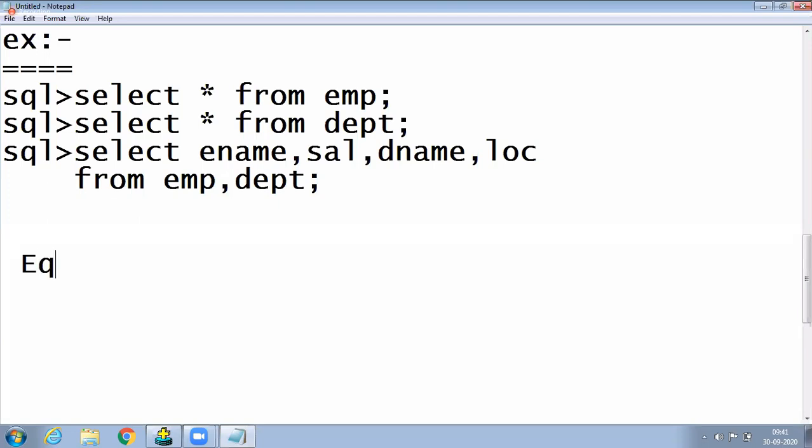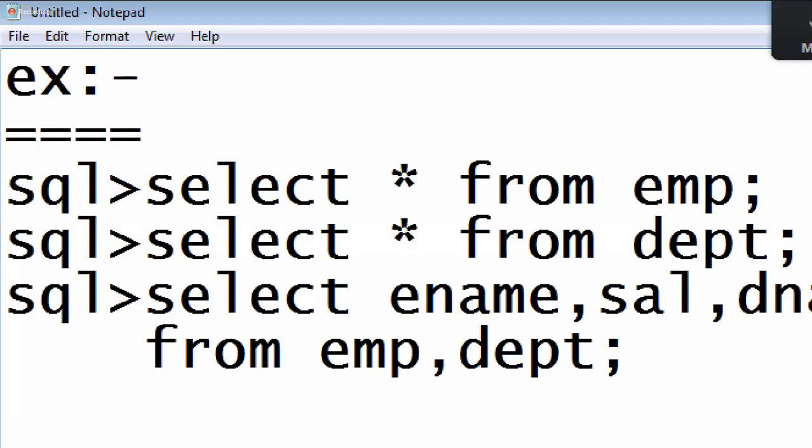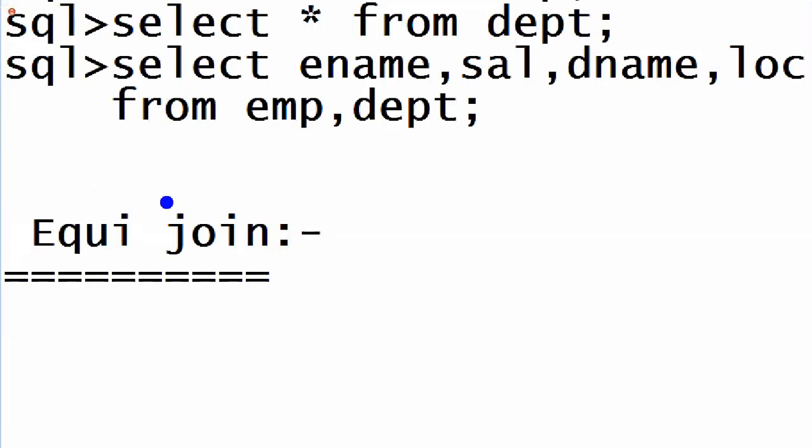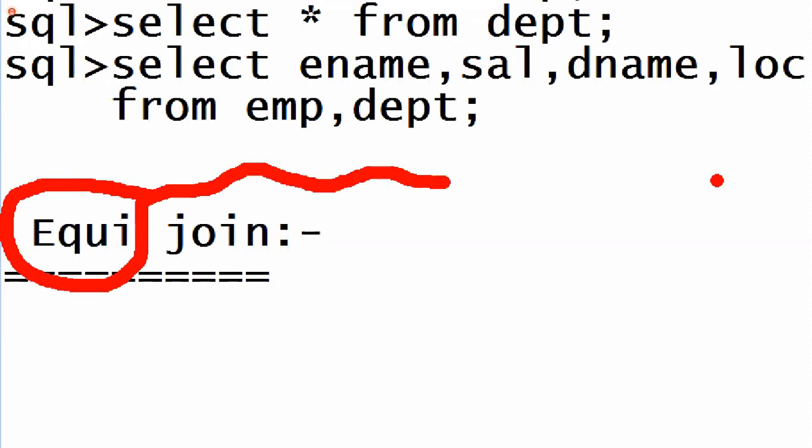Now write the side heading: equijoin. From here onwards it is very important. Equijoin. Now, what does equijoin mean? Observe and concentrate here. Actually, the name itself has the meaning, which is why Oracle Corporation named it like this. Equi in mathematics means which operator? Very good, the is-equal-to operator, equality.